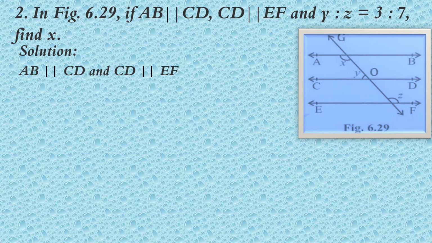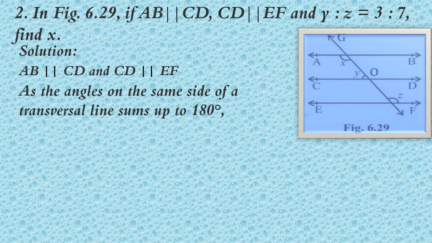So we learned in Euclid's fifth postulate that the sum of the angles on the same side of the transversal is 180 degrees. So here x plus y is equal to 180 degrees. x and y are on the same side of the transversal. So also we know that